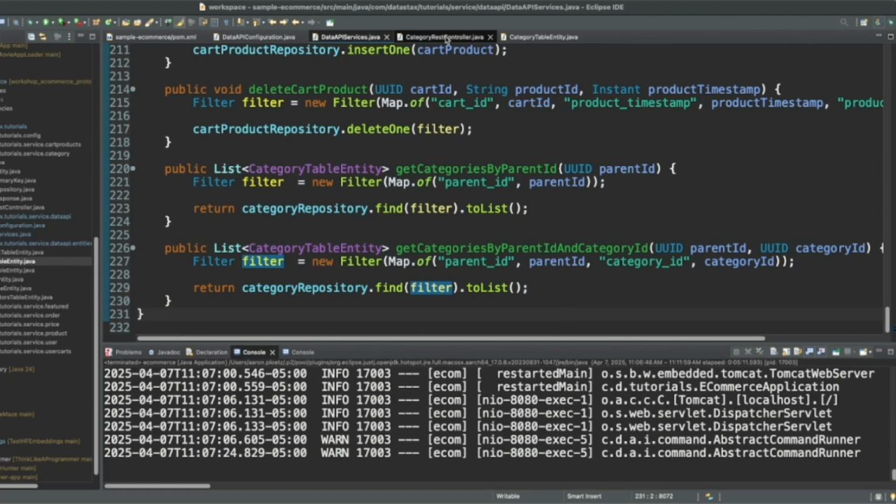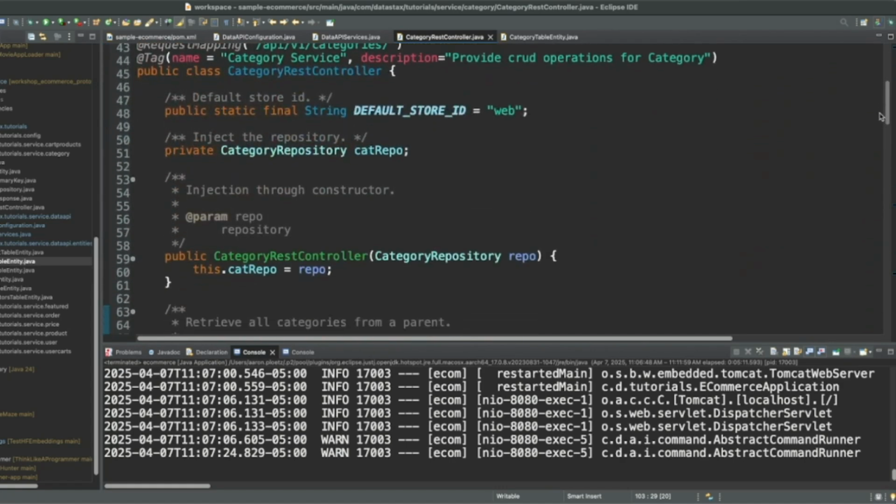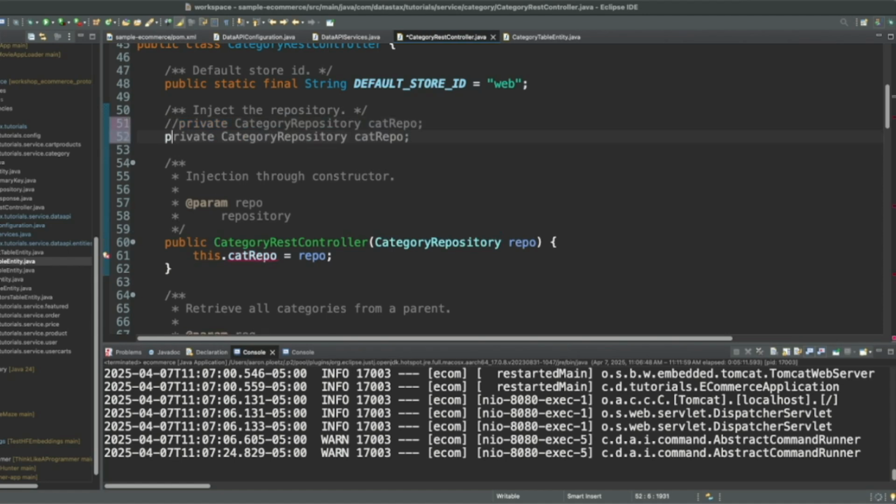Now let's have a look at the category REST controller. The first thing we're going to want to do is get rid of the Spring Data Cassandra category repository that we have here. And instead we can say private data API services.